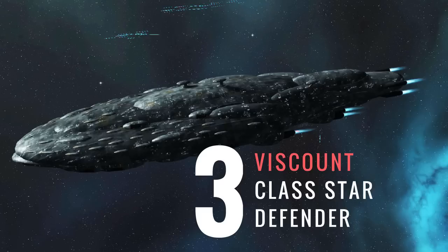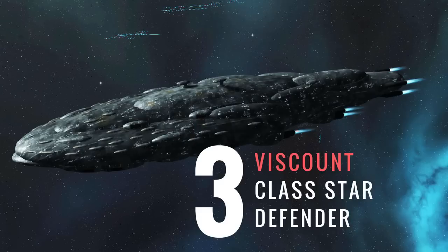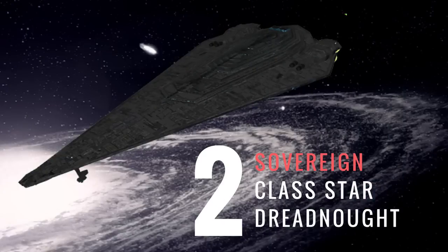One of the notable moments during the war was at the defense of Mon Calamari, where a Viscount-class carrier and an Executor-class Super Star Destroyer basically defended Mon Calamari from a large Yuuzhan Vong fleet, which is just awesome. The second most powerful ship in the Star Wars universe is the Sovereign-class Super Star Destroyer,